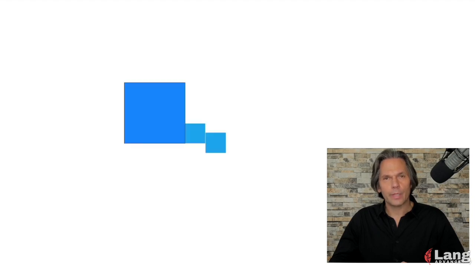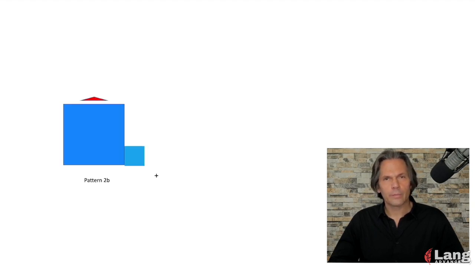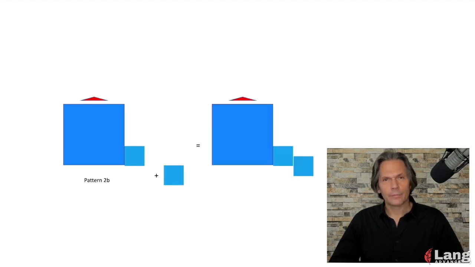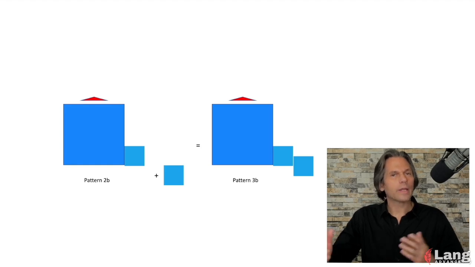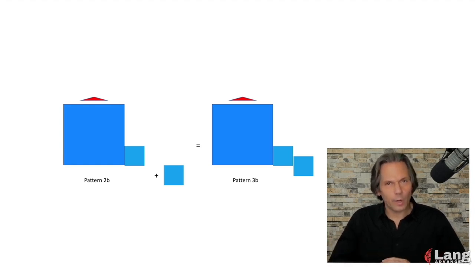Okay, here is our next pattern, pattern 3B. And of course, the first syllable is stressed, followed by two unstressed syllables. Okay, this is simple in concept. We're just adding another unstressed syllable to pattern 2B. Here's pattern 2B. Add another unstressed syllable, and we get this pattern, pattern 3B, right? Simple in concept, but we want to take some steps to get this understanding into our body.